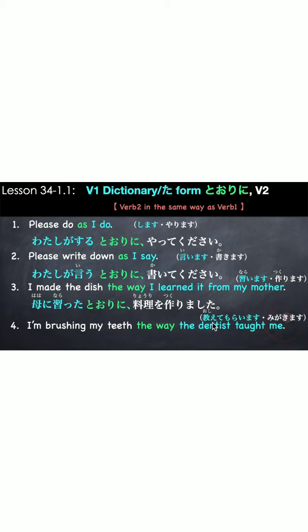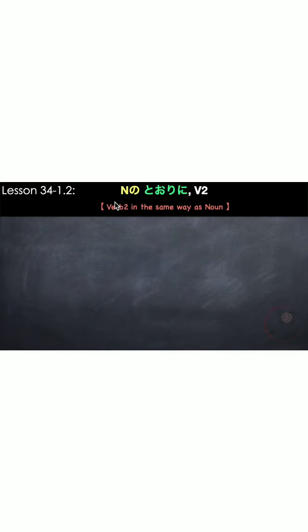Another example, I'm brushing my teeth the way the dentist taught me. Our verbs are 教えてもらいます and 磨きます, brush. So we say, 歯医者に教えてもらった. So again, in た form because the action already happened. The dentist taught me, followed by 通りに and then our verb 2, 歯を磨いています. I'm brushing. 歯医者に教えてもらった通りに歯を磨いています。